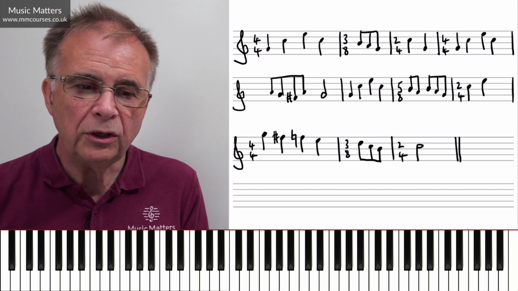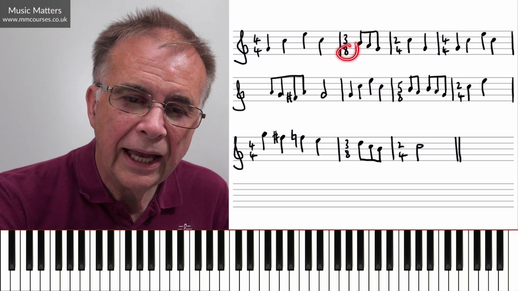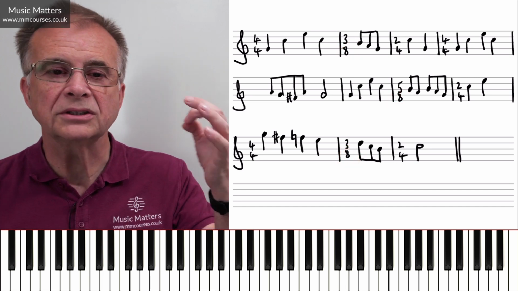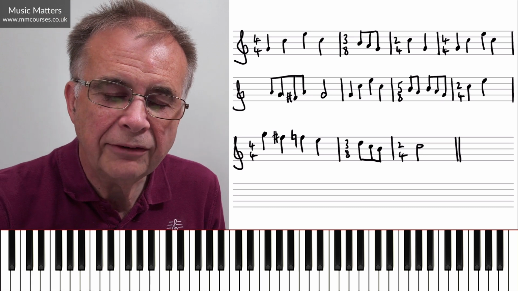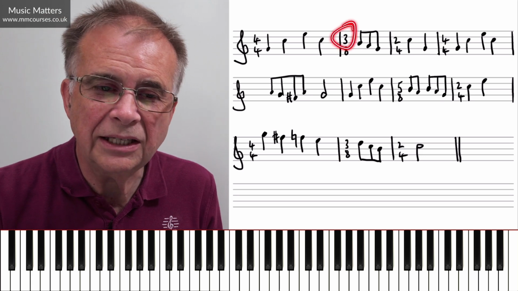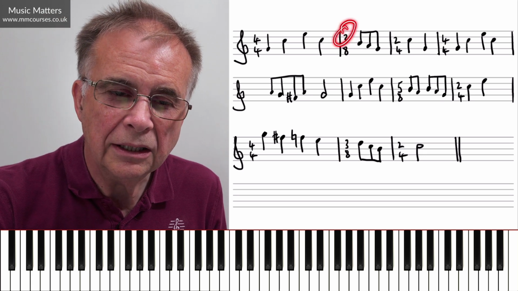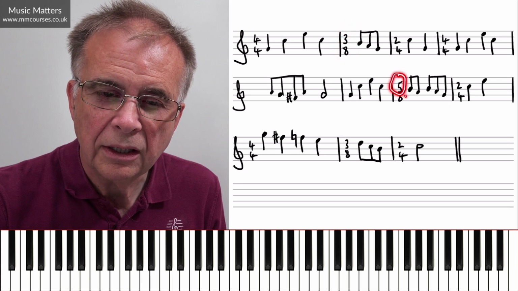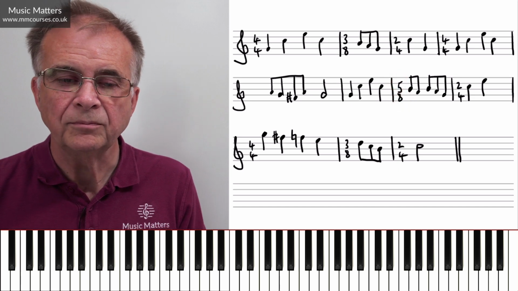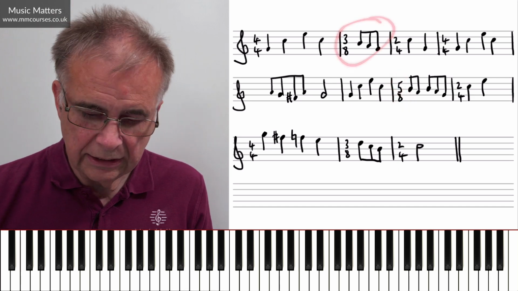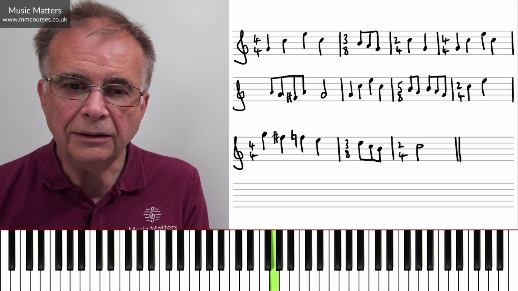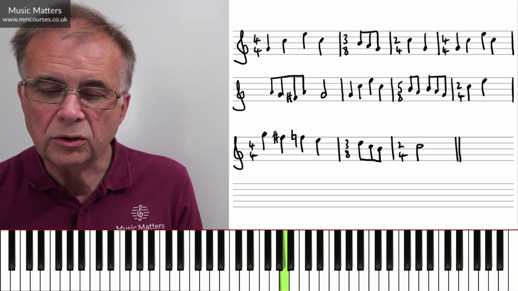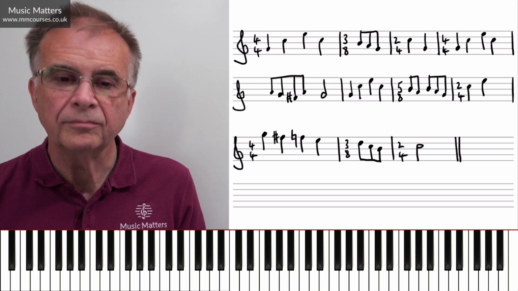Okay, so whenever you have a bar with 8 at the bottom, just count the quavers, count the eighth notes. And so therefore it is exactly what it says on the tin. That says count 3 eighth notes, 3 quavers. This says count 5 eighth notes, 5 quavers. So in this bar, I count 1, 2, 3. In this bar, I count 1, 2, 3, 4, 5.